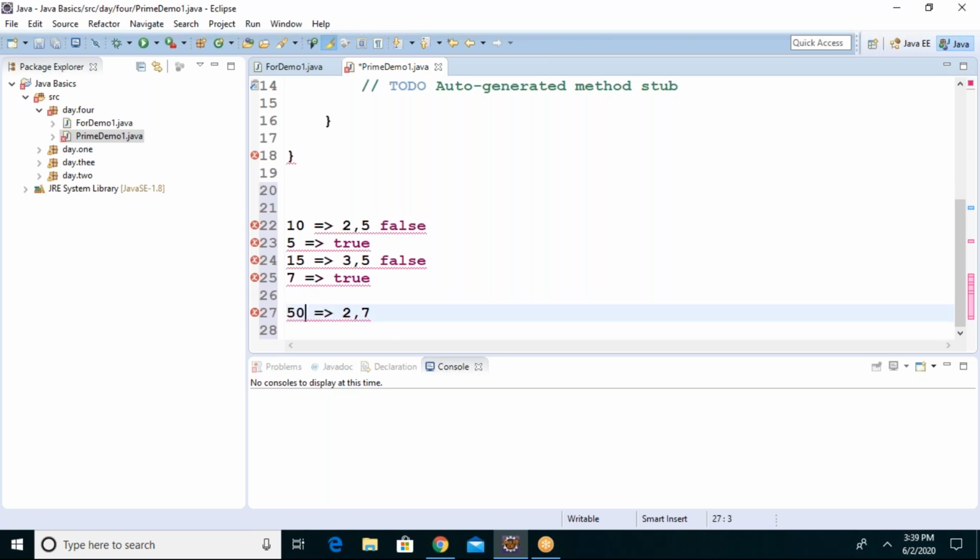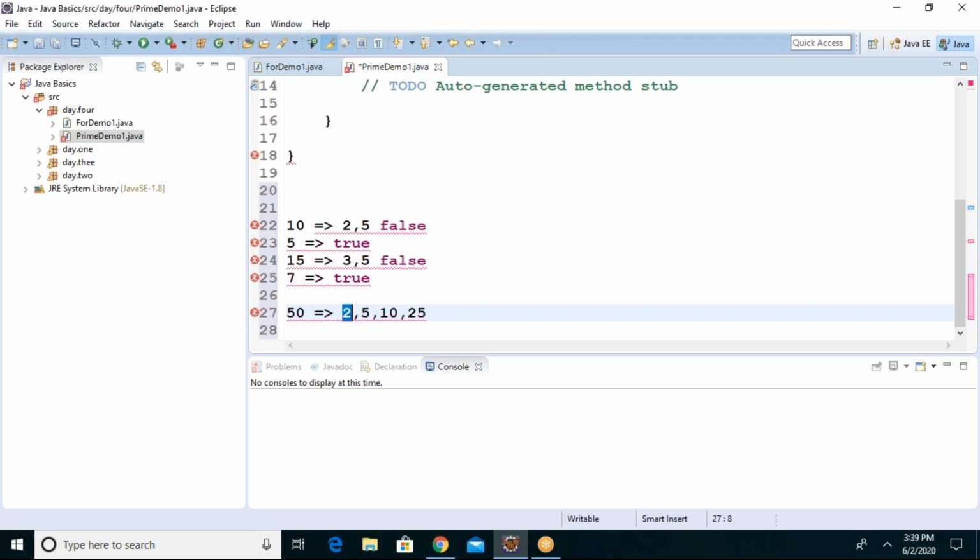Let me take 50. It will be more clear. Tell me, which are the factors for 50? 2, 5, 10, and 25. Now it is not a prime number, of course, correct? I can tell it as soon as I get one number, 2. Why should I go up to at least half of the number? Is it necessary to go till 25 also?